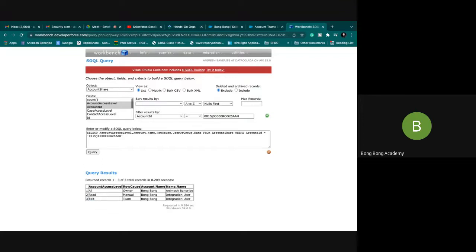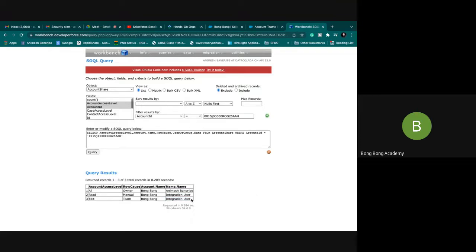So what can the integration user do now on this record? Basically, it has higher permission given through teams. That's why he can read-write. Even if he has lower permission, only read permission using manual sharing, since through another mechanism he has got more permission, that's why he can do editing also. Okay. Any questions so far? Because in this org we only have 2 users, we can't help it. You can assign another user using teams.